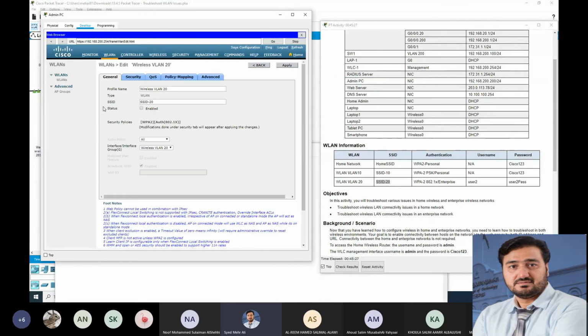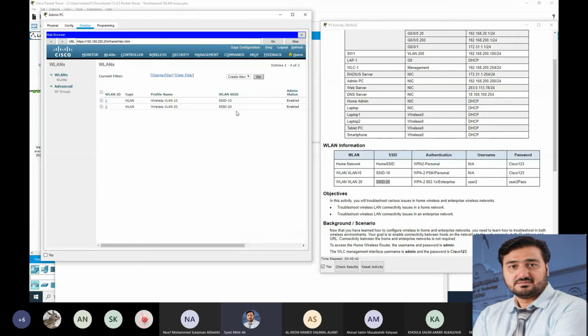It will take a little bit of time. Now here, see, you need to enable. Just click here, enable, apply, done. This is a change you have done. Okay, save configuration, done. Now you can see here, it is enabled, no?